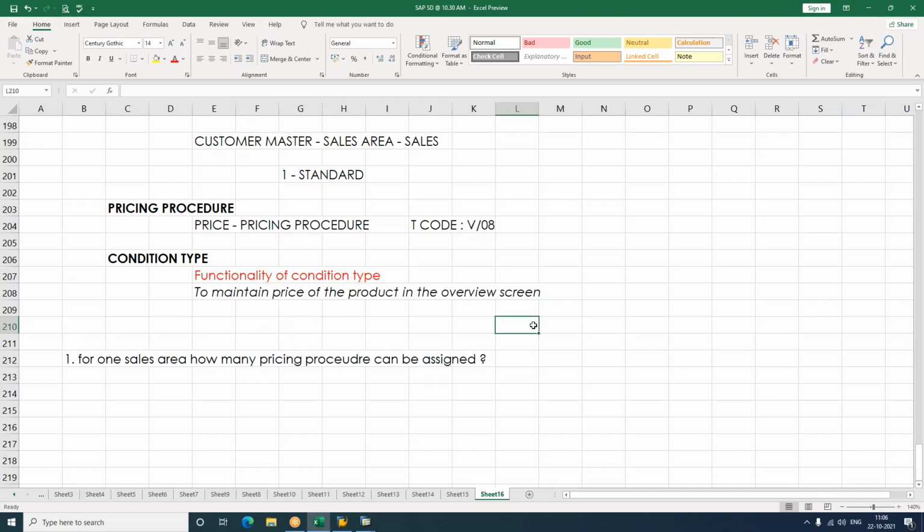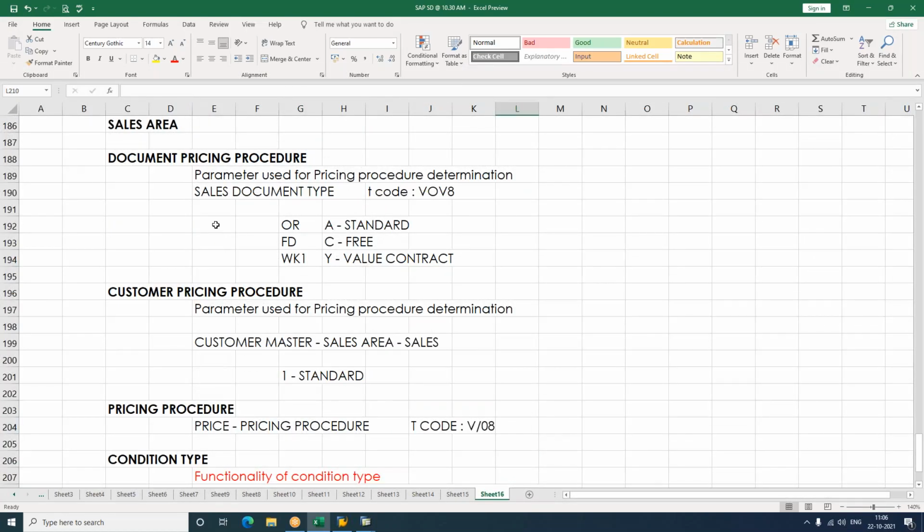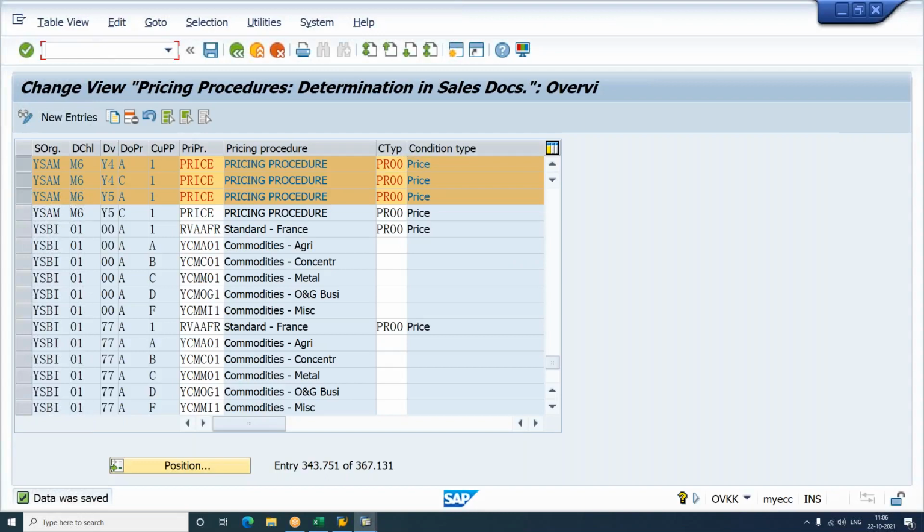Okay. Now, the next thing we need to know over here. In case you want to create your own document pricing procedure or own customer pricing procedure, where do you go and how do you create it? I'm just trying to show you the path for this. So if you get into SPRO,